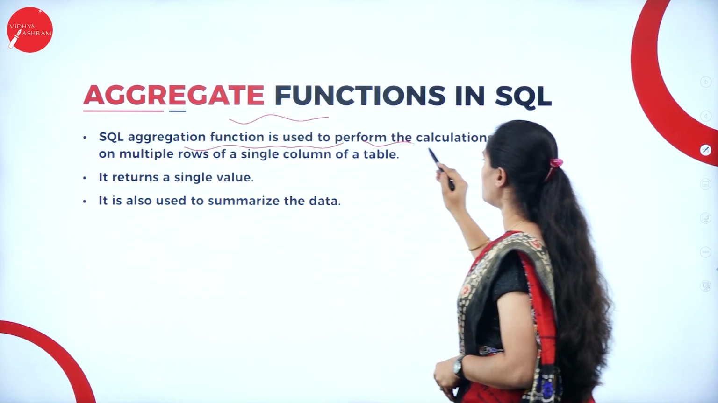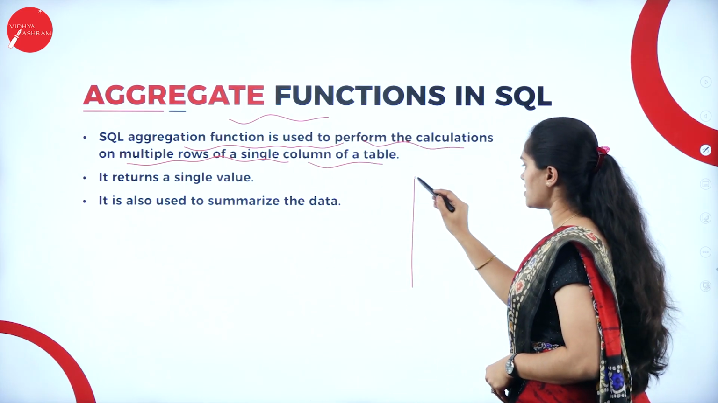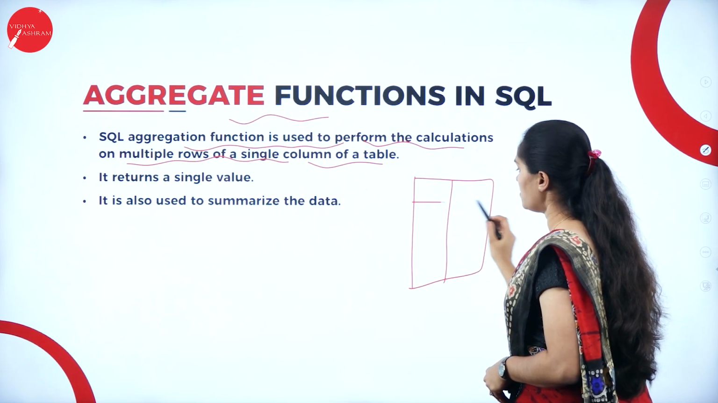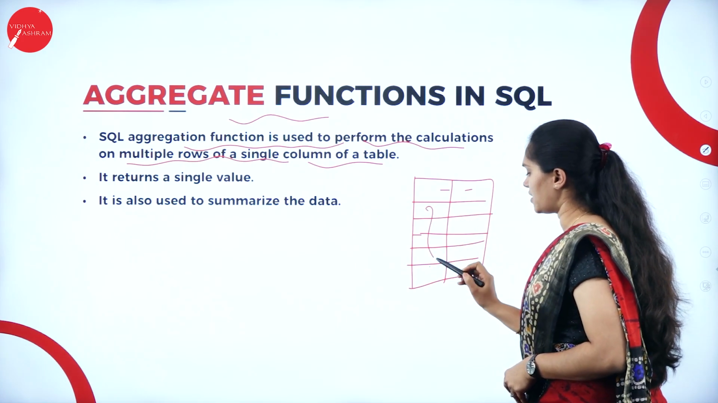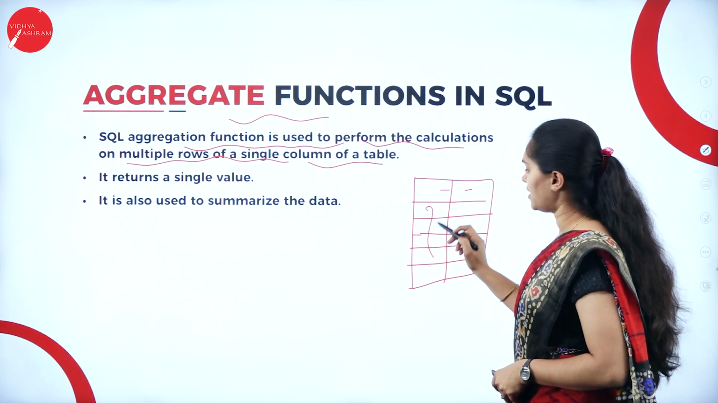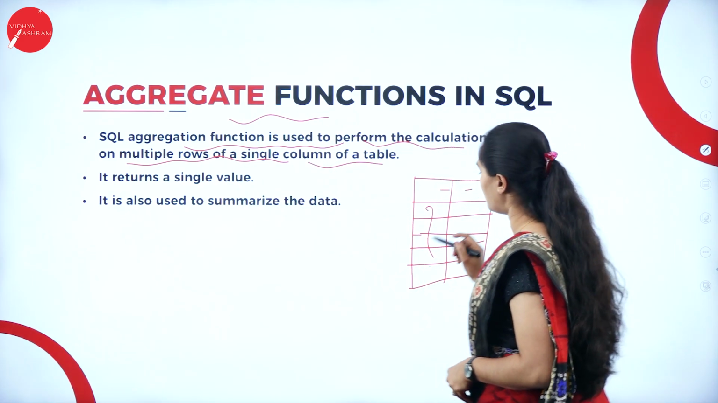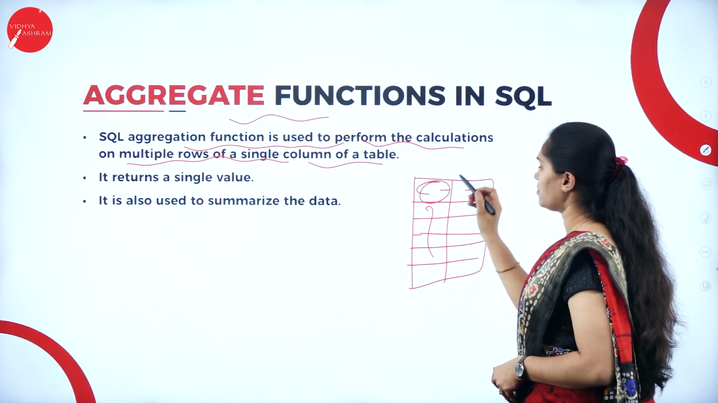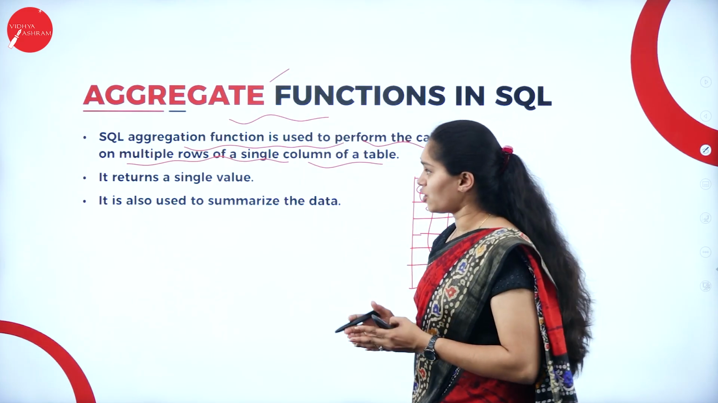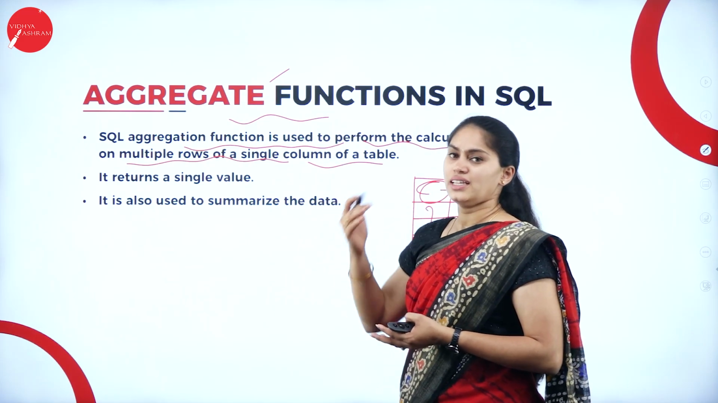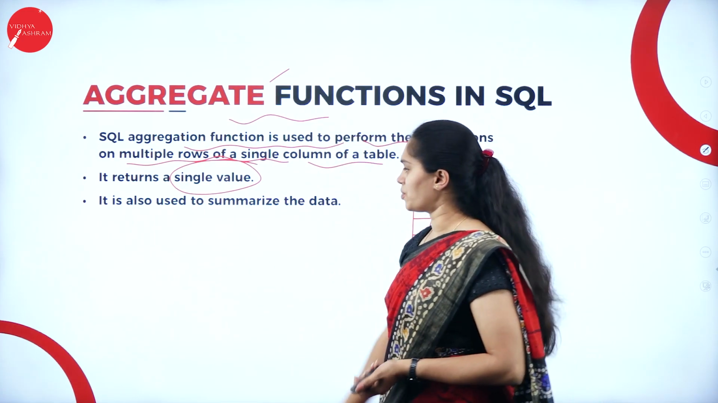An aggregate function is used to perform a calculation on multiple rows of a single column of a table. If we consider this as a table consisting of 2 columns, for each column we are going to have a number of rows. If I want to perform some calculation on multiple rows of a particular column of a particular table, then we use an aggregate function. It takes a set of multiple rows as input, then generates only one output. So it returns a single value as output,